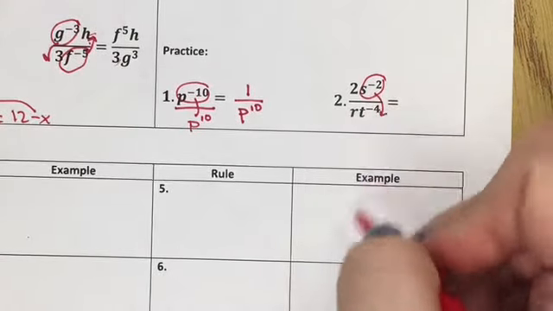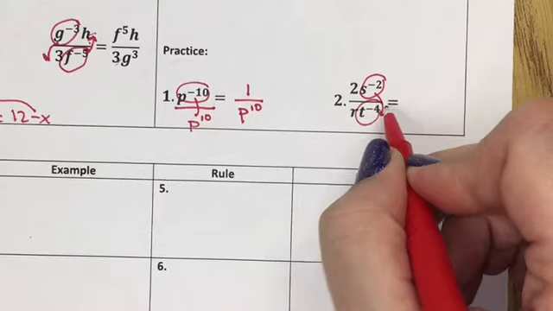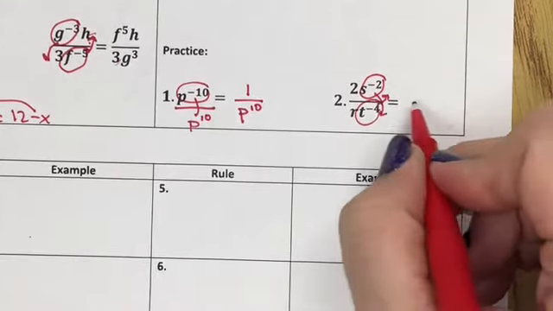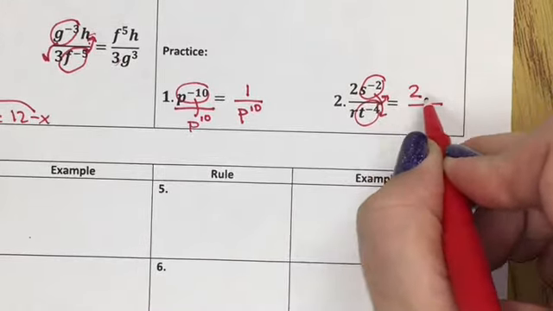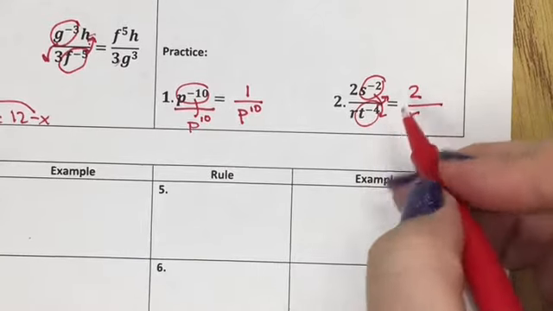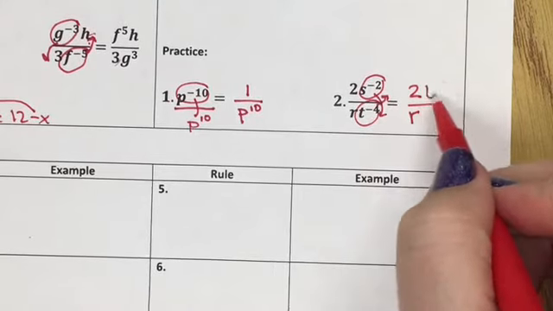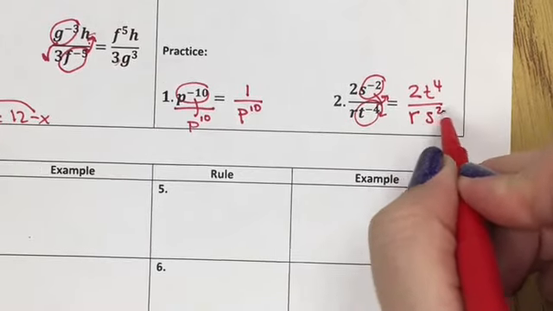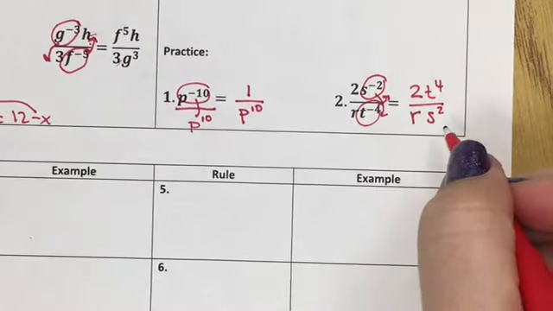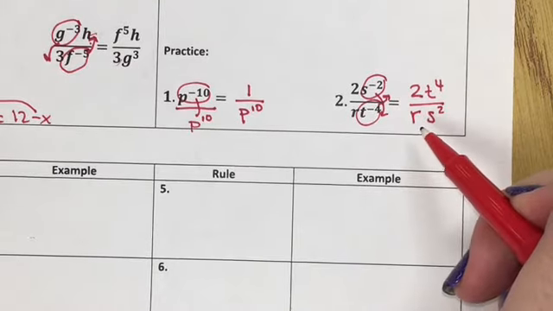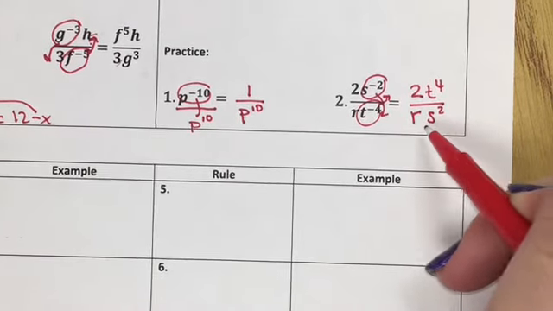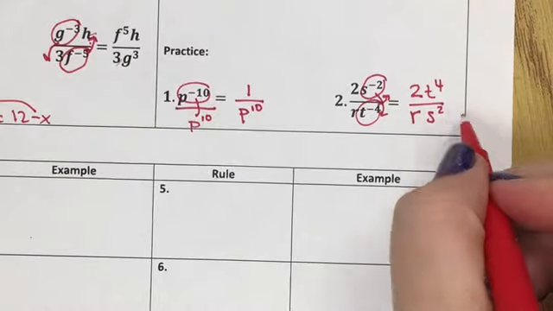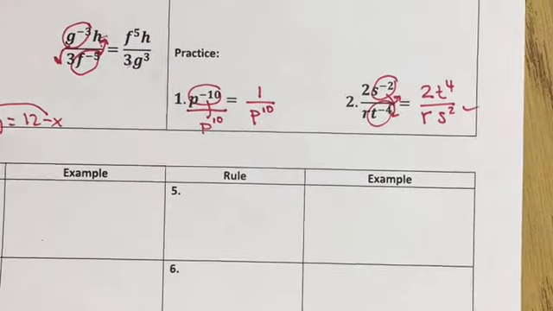Change the side, change the sign. We have to do both for the S and the T. So I'm going to have the 2 left on top and the R left on bottom. And then the T is going to go up top, change the side, change the sign. The S goes to bottom, change the side, change the sign. Then check and make sure it's in alphabetical order. A, B, C, D, F, G, wait, P, Q, R, S. All right, that's correct alphabetical order, so we're good to go. Yay. All right, so now we're going to talk about